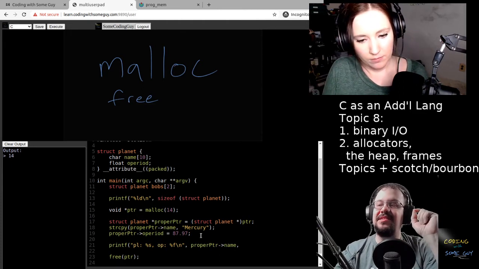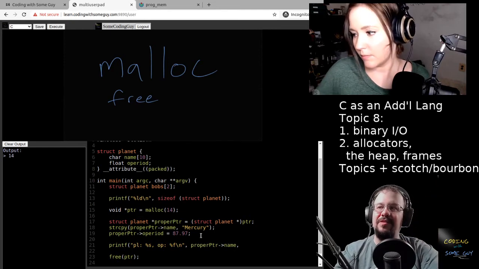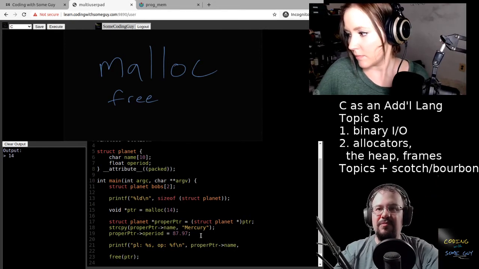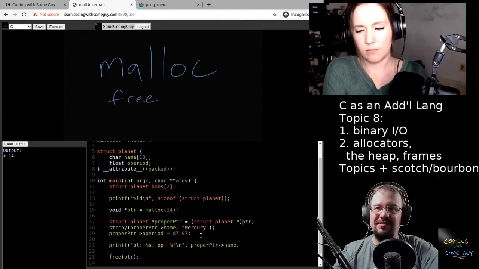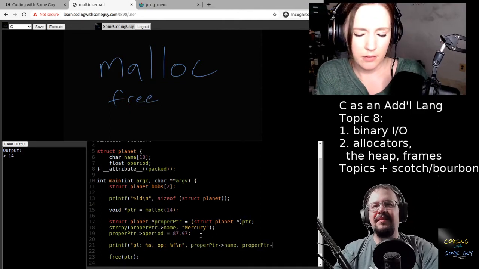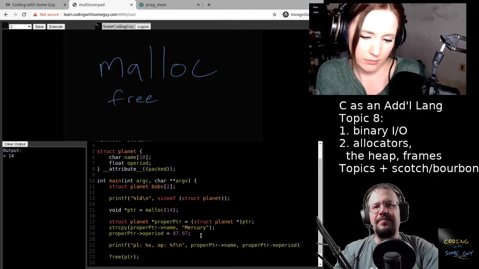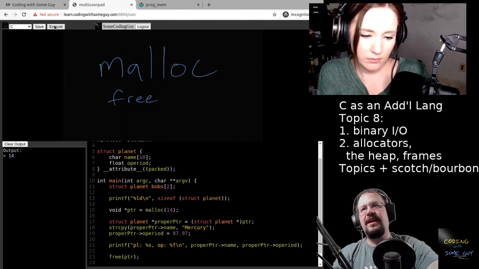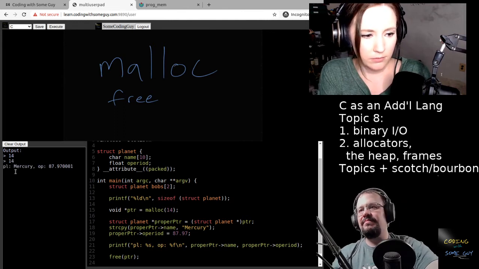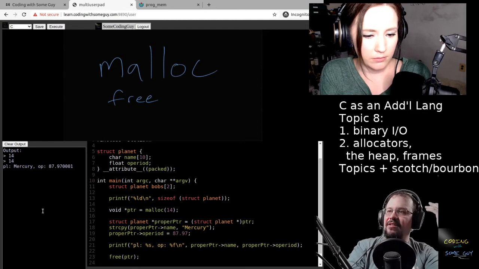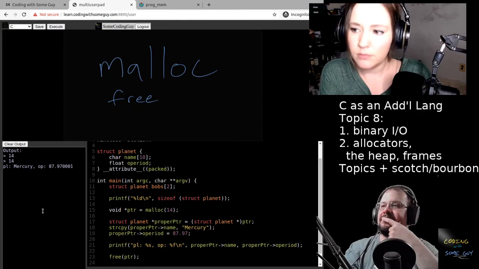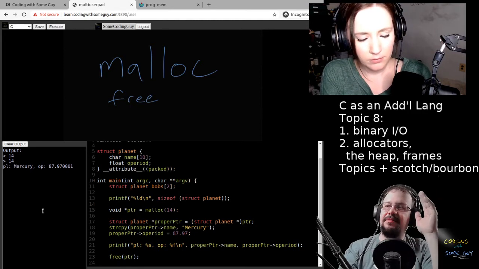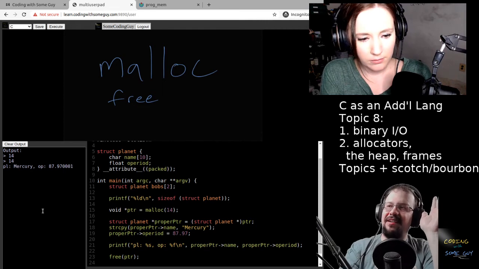I'm still using the same chunk of memory. This is kind of like a memory view from Python world, but it's a little bit uncommon to use in Python. I can run this thing, and we're good. So I have semantics now related to that malloc. All right, so that's a quick recap of what malloc and free are.